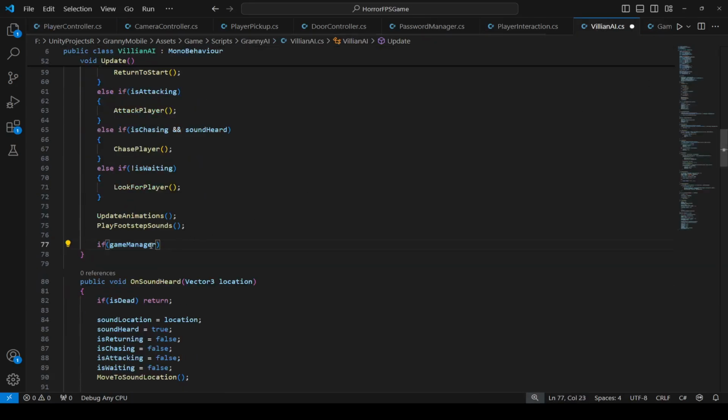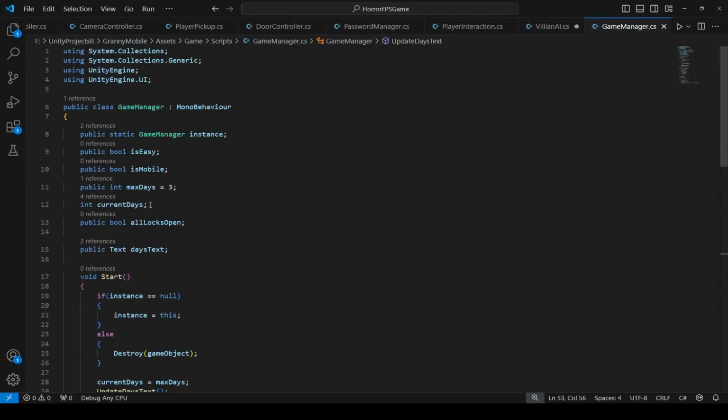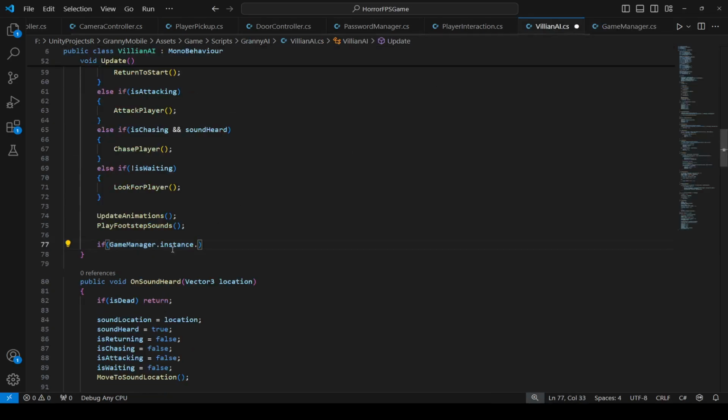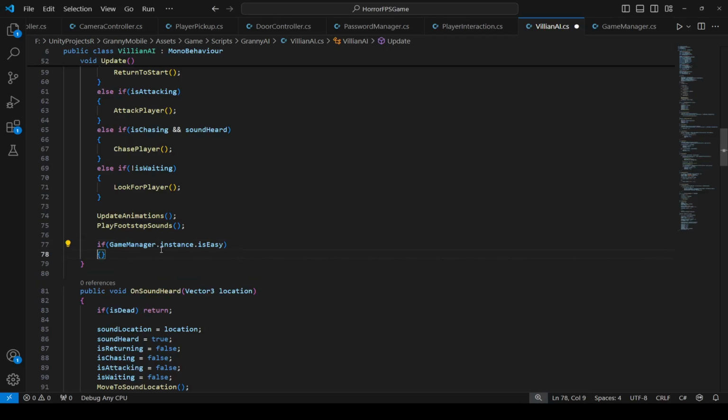So copy that, and then right here we're gonna say game manager dot instance dot, and on the game manager, as you know that we have this bool right here is easy. Alright, so we're gonna say if game manager dot instance dot is easy, it means that if the game is easy, then